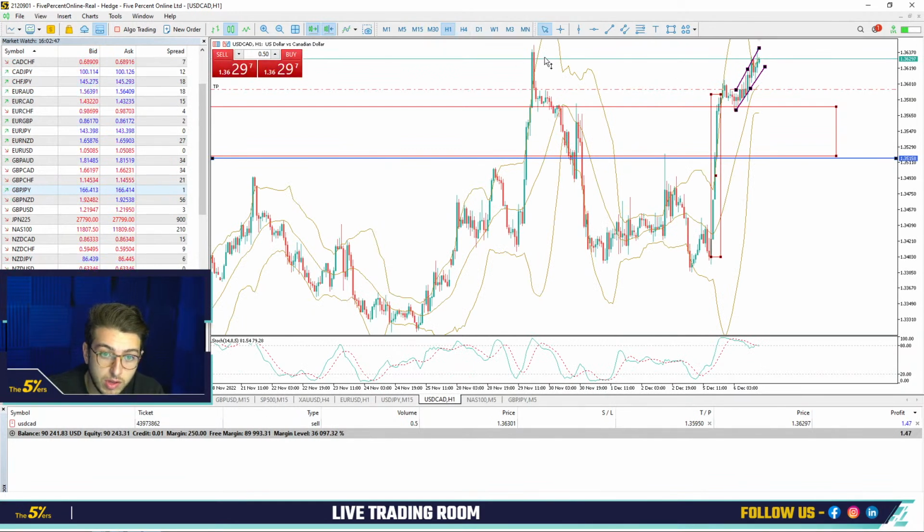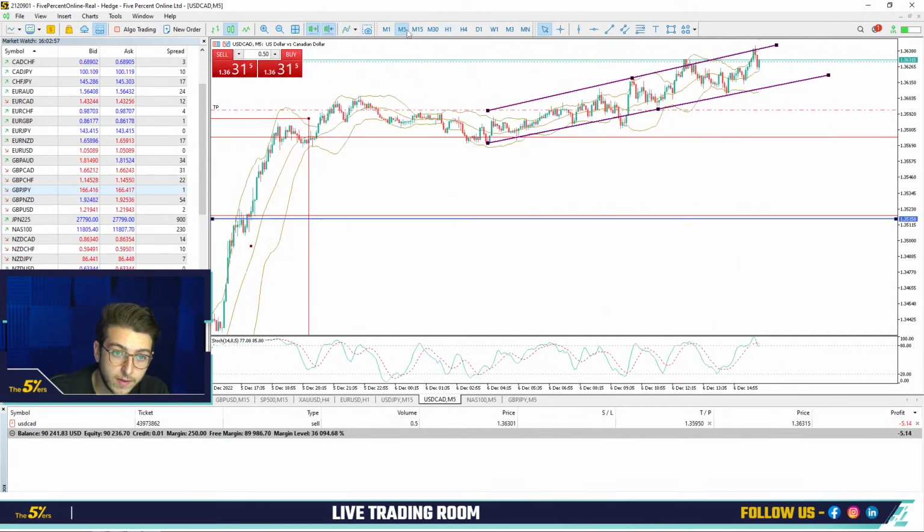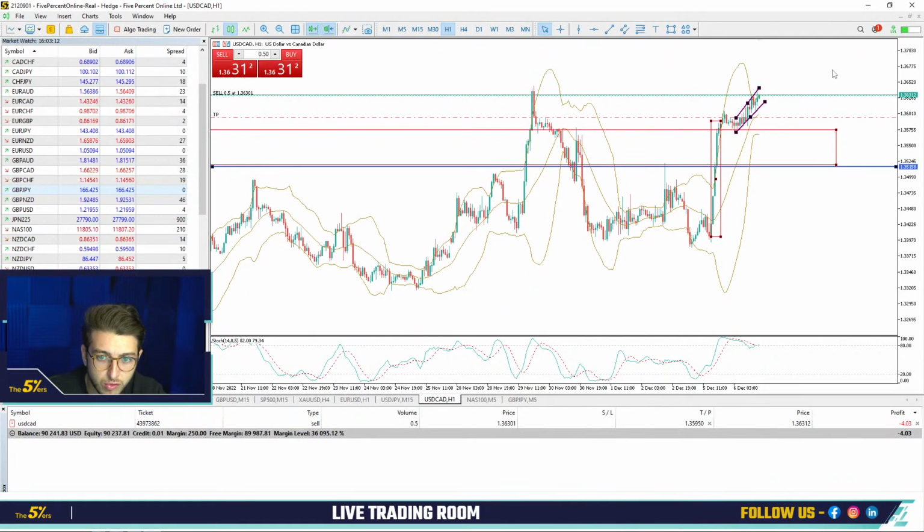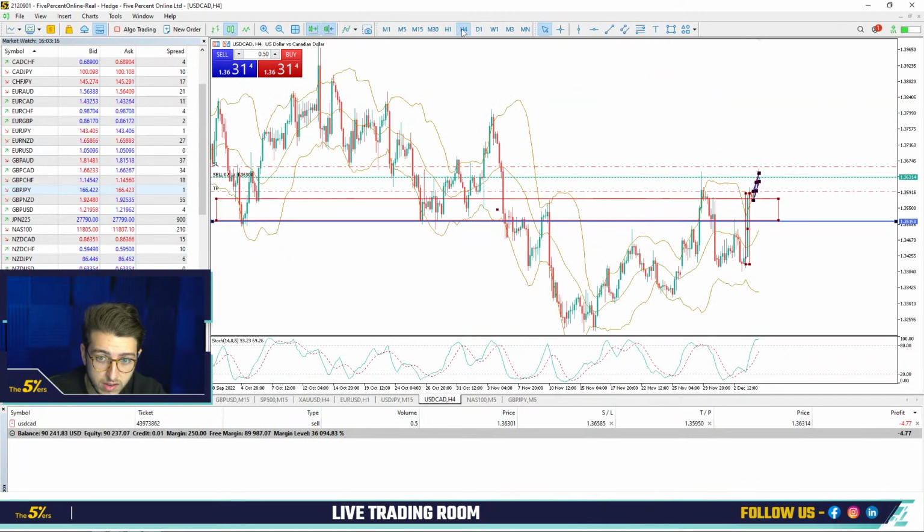What is good also, in the H1 we are actually behaving at a fresh supply. So it's another indication for me to enter. Again, the execution is not at the best spot because I could probably sell at the top here, but it's not scalp trading, it's more a day trade. I expect the price to give a short retracement. The stop loss should not be too high. I think the stop loss should be very tight around this phase here.